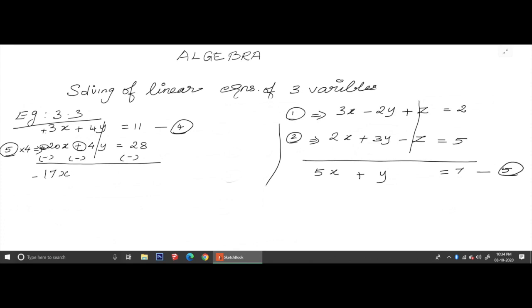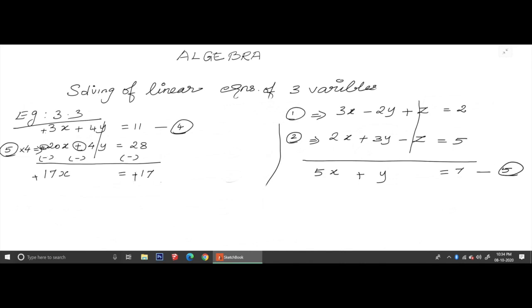answer. That is minus 17x is equal to, here also see, plus 11, and this 28 becomes minus 28. So plus 11 and minus 28. What do you get? Different sign. So you find the difference, you'll be getting 17. As 28 is the bigger one, it has to take the sign minus. We'll have it like this. And see here, this side also you're having minus, so it becomes plus. This side also you're having minus, so this becomes plus.